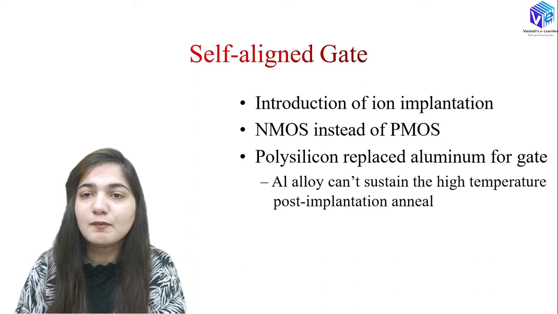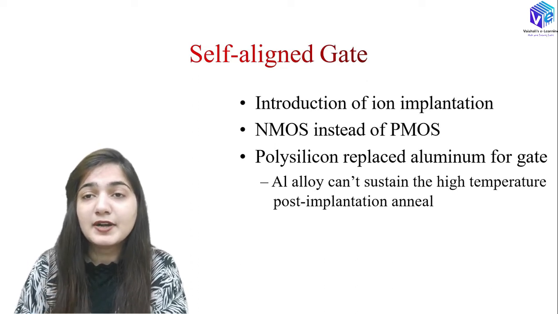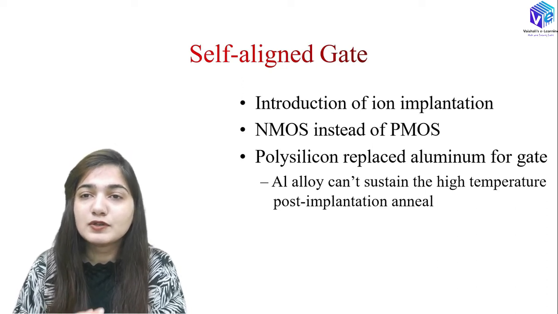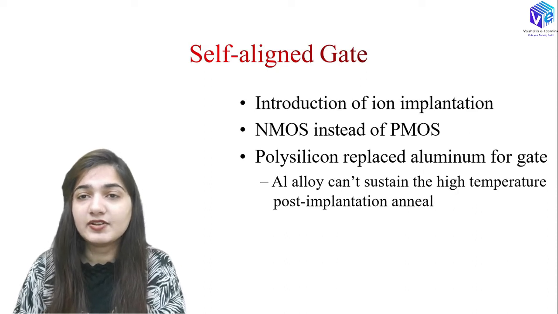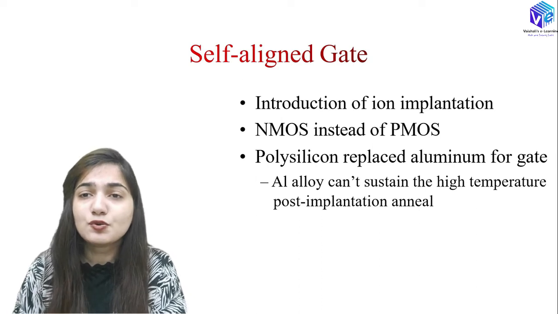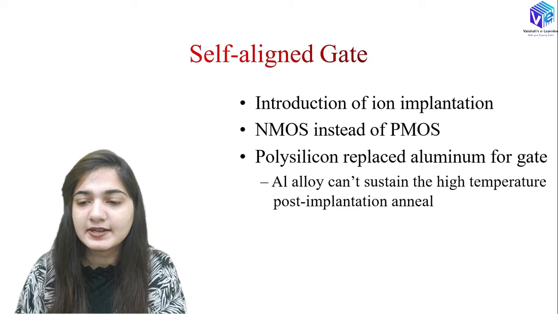We cannot get the proper functioning of the transistor if there is not proper alignment of the source and the drain. And as we are moving towards lower and lower feature sizes, the alignment would be very difficult. Right, so aligning the gate with a very small size of source and drain is a very big issue. So what we use is the self-aligned gate.